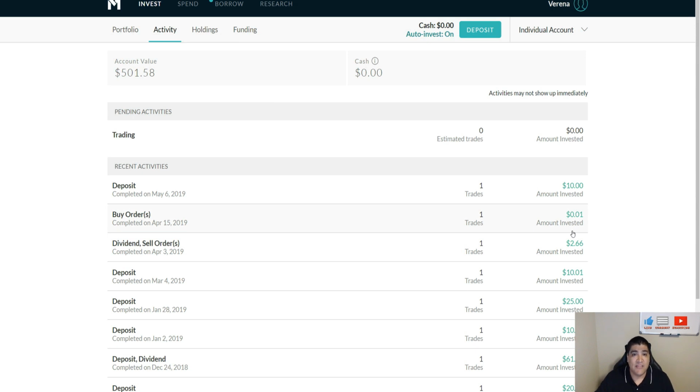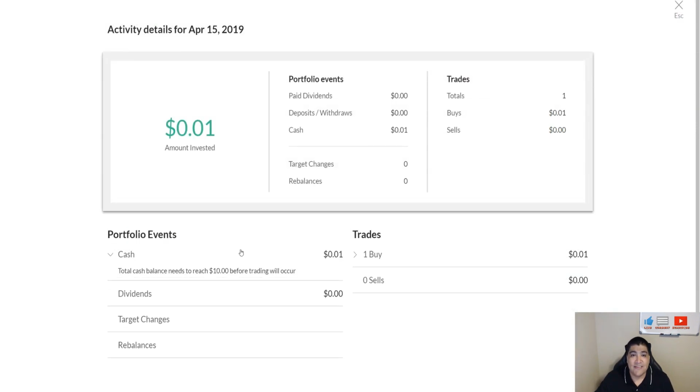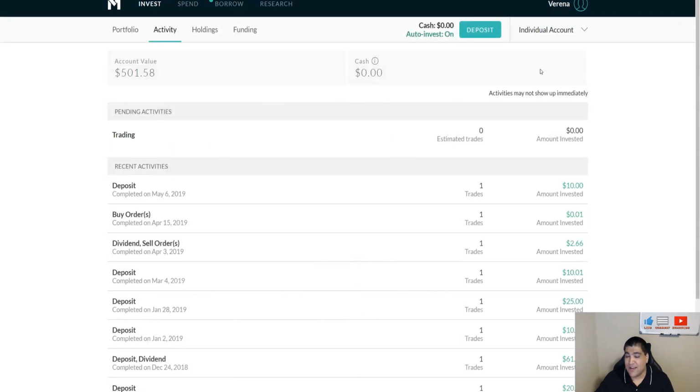Now, again, remember that other comment that I had where the individual said, hey, you can actually just say you want to buy $10 worth of a stock and it'll actually perform it. So what did I do? I had 1 cent sitting in this account. I went out there and made a single buy. I said M1 Finance buy ticker symbol VOO with 1 cent. What did M1 Finance do? It went out there with 1 cent and bought 0.00003 shares at $265.62. So that was actually, it worked.